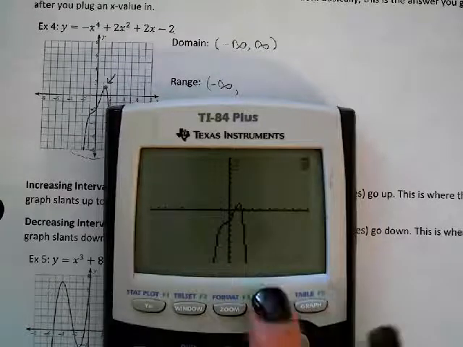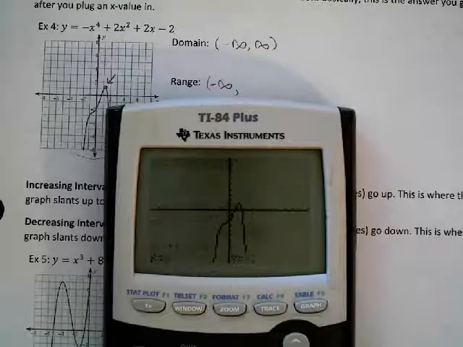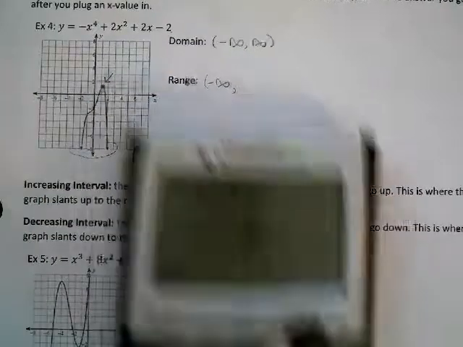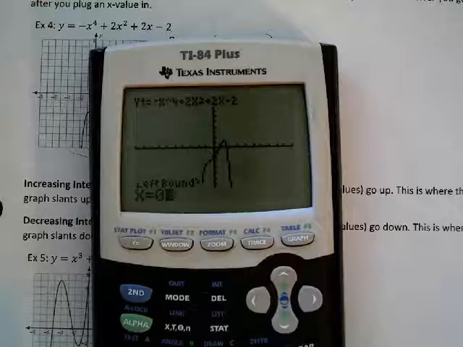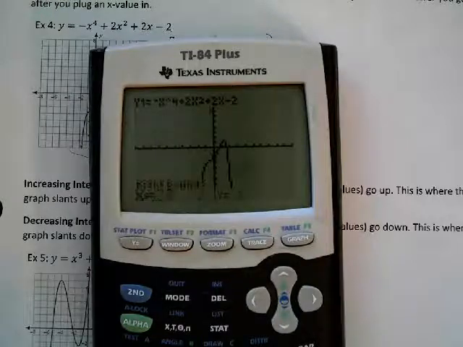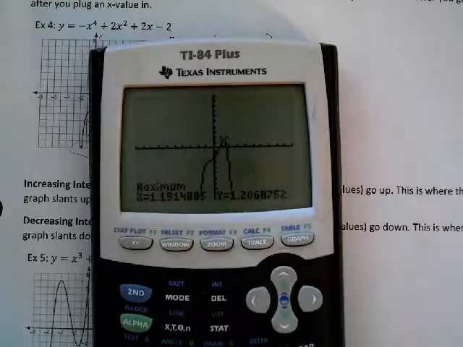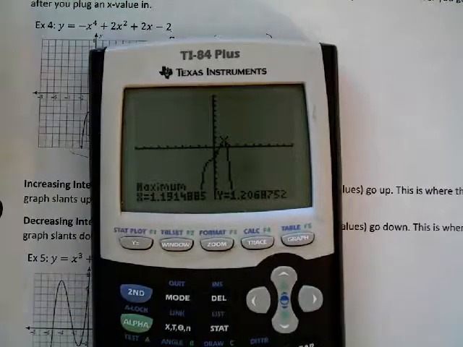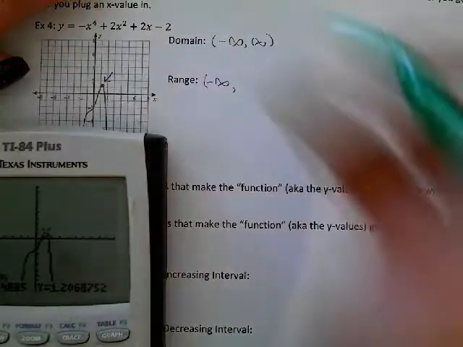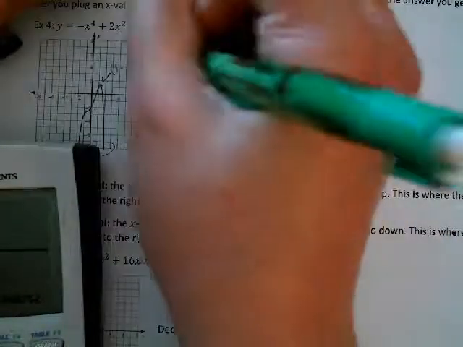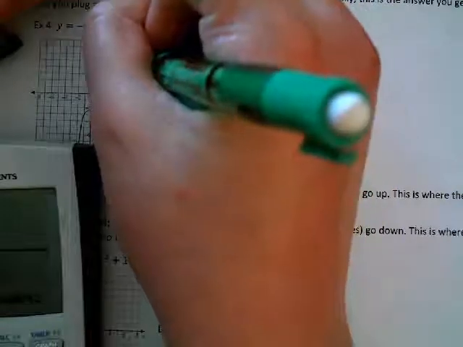I'm going to do second trace. I'm going to look for that maximum, and that maximum is somewhere between an x value of 0 and 2. So I'm going to look for left bound of 0, right bound of 2, and that maximum, and these are typically always going to be funky decimal numbers. Not a lot of real nice answers here. So I'm going to go ahead and write down both coordinates because these are my notes and I want them to make a lot of sense. 1.191, comma,